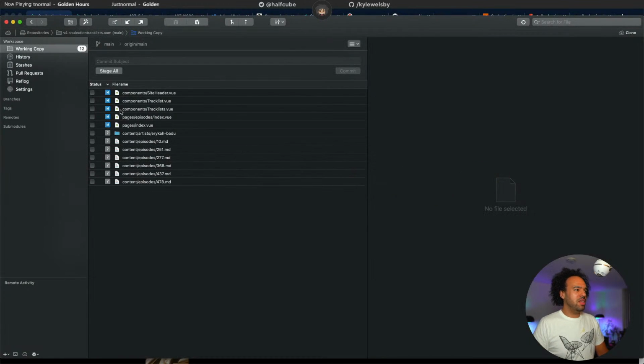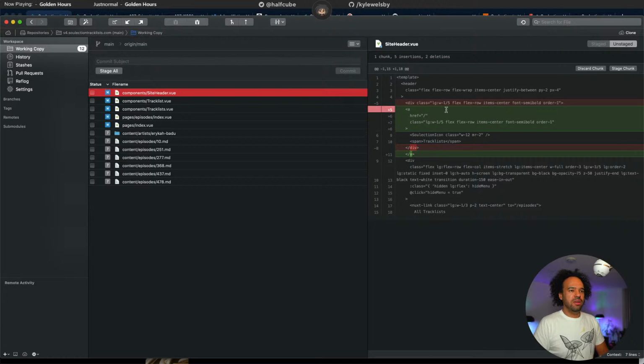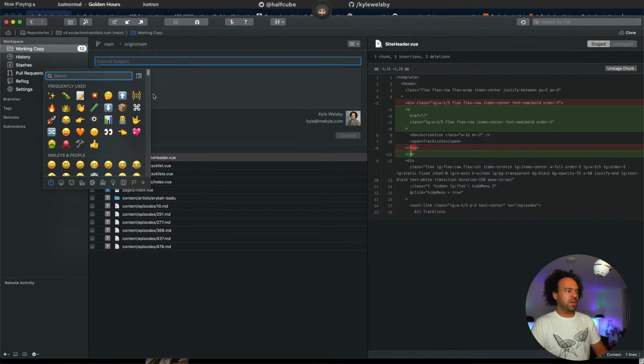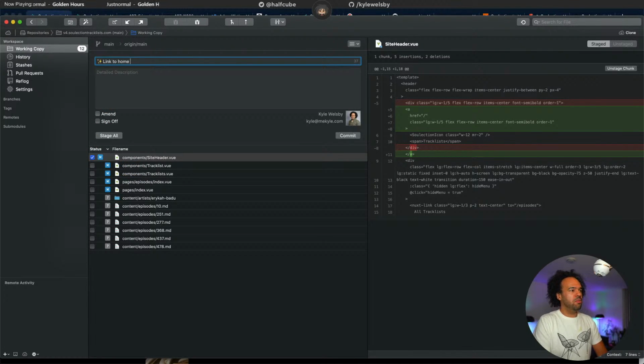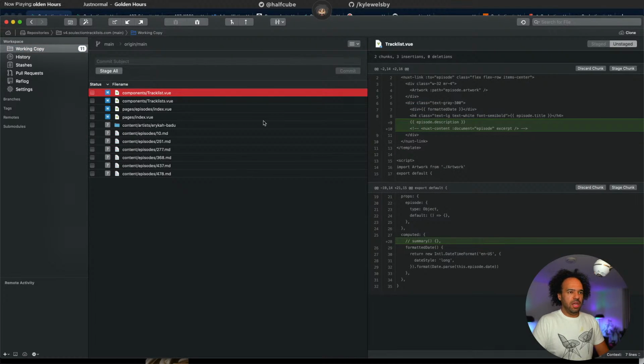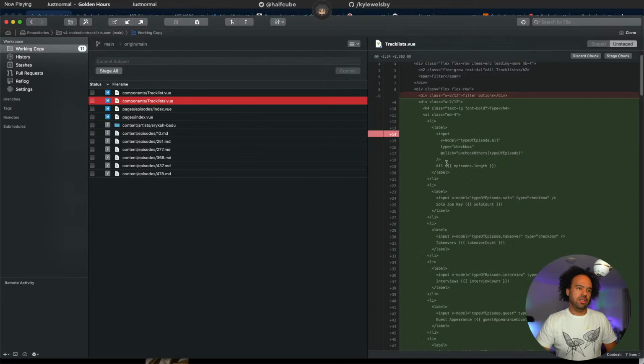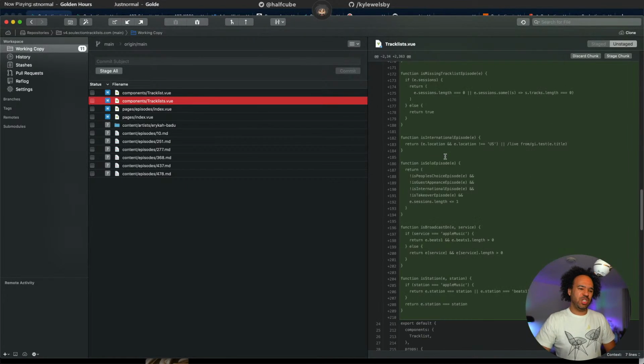I'm gonna write that as we fix the header. Let's make that as a separate atomic commit. So link to home with the brand logo. One. Commit that. We don't need that. We do need this.